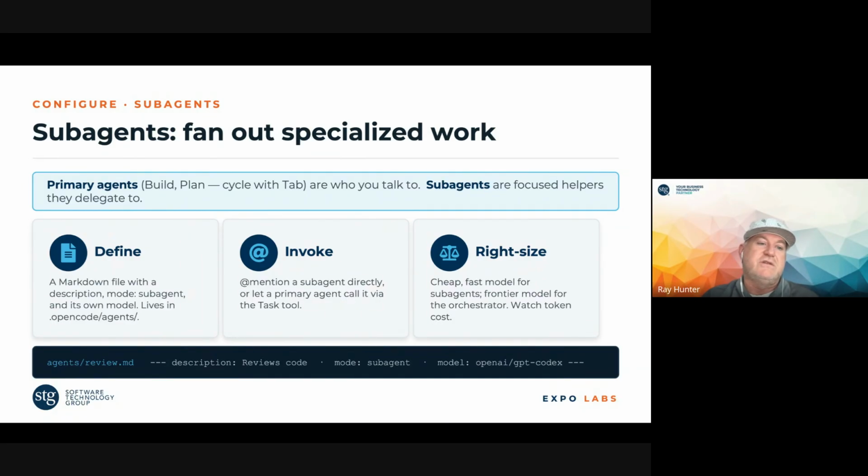The agents, again, are more broad. They have a lot of capabilities. Your agents can call other agents, and you can have that agent do a type of work or do something for you. So agents, or subagents, are fantastic.